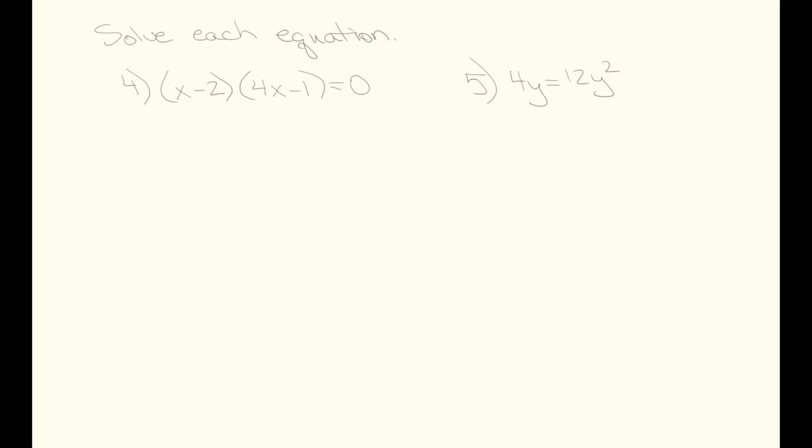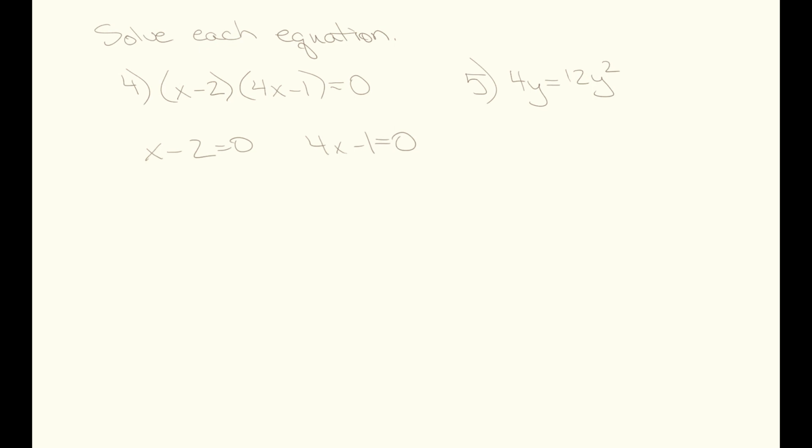All right, in number 4, it's really simple because whatever the polynomial was, it's already been factored for you. So basically in number 4, I can show you how to solve an equation after the polynomial has already been factored. You just take each of the factors, which is x minus 2 and 4x minus 1, and you set them individually equal to 0